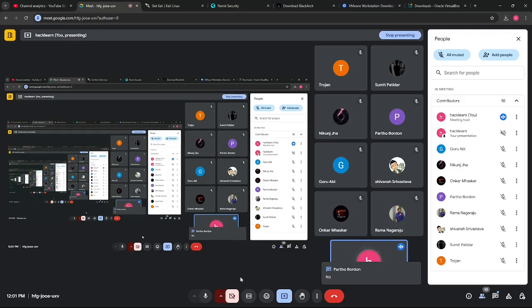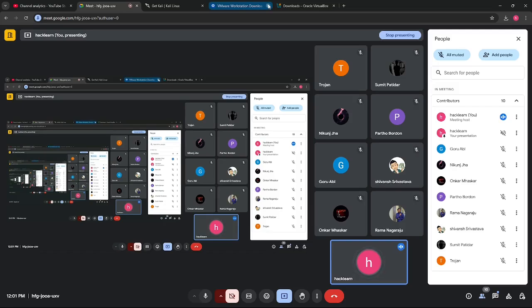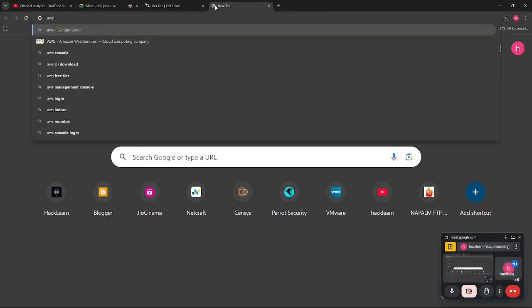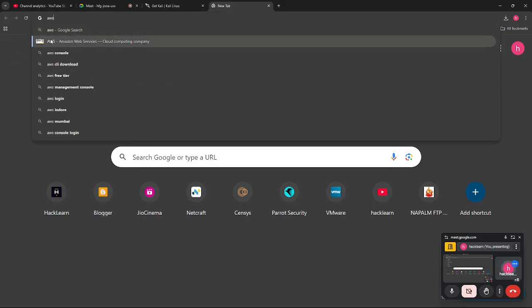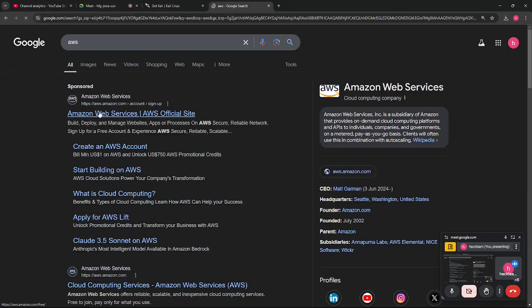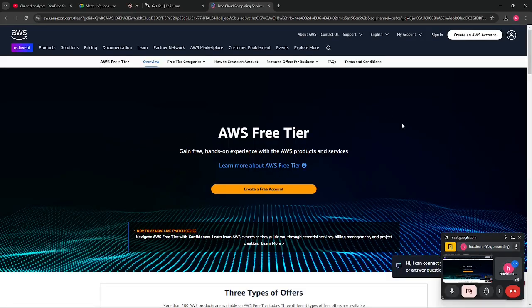You can even use the Kali machine on the cloud. If you don't have a powerful laptop, like if you are running a 2 to 4 GB RAM laptop, you can simply go to AWS and create an account here. I don't have a credit card or debit card with me, so I'm not creating an account right now. You can simply create a free account here. It will ask for